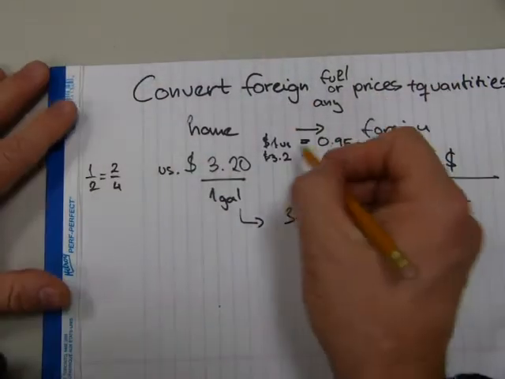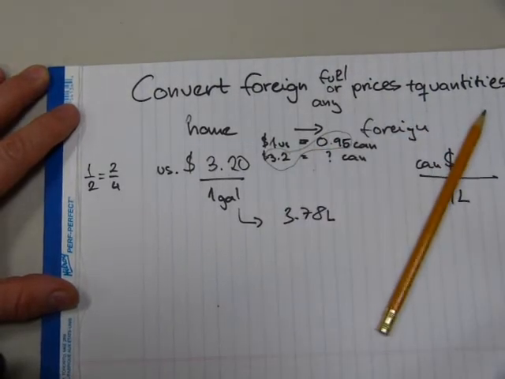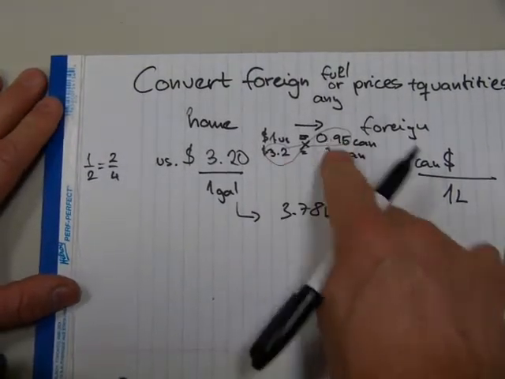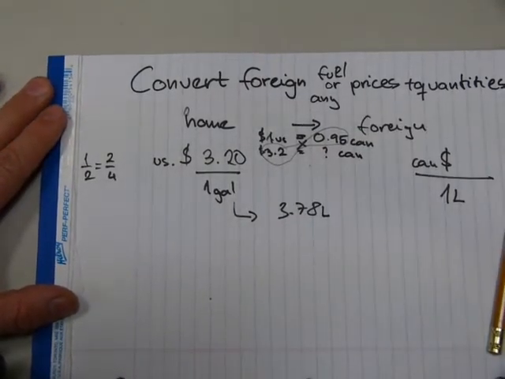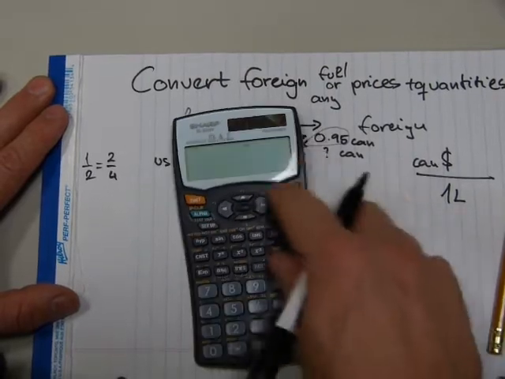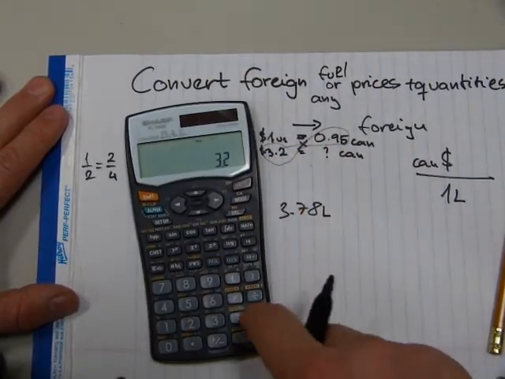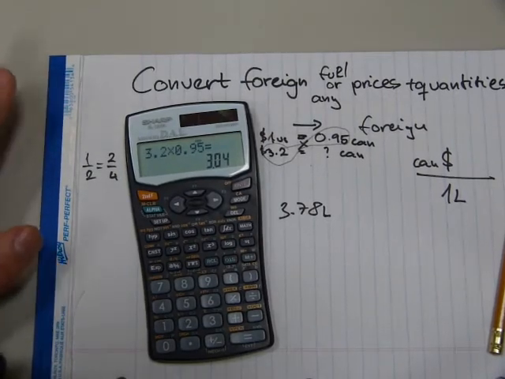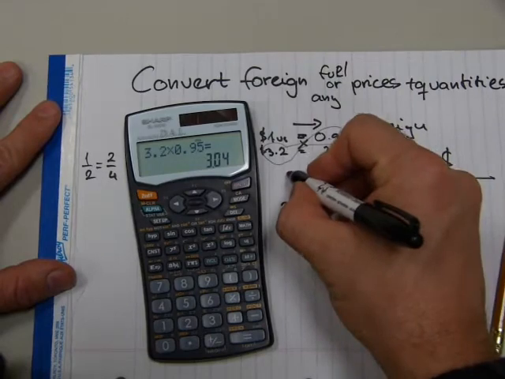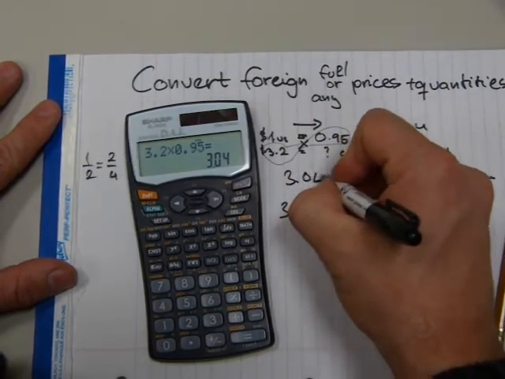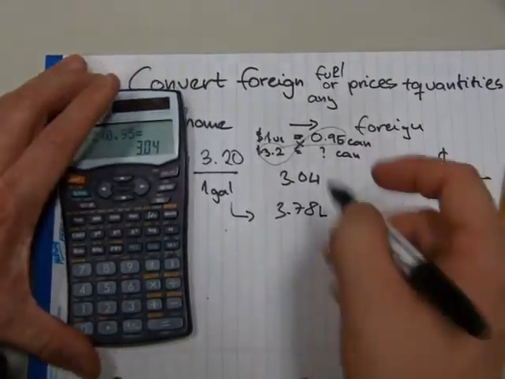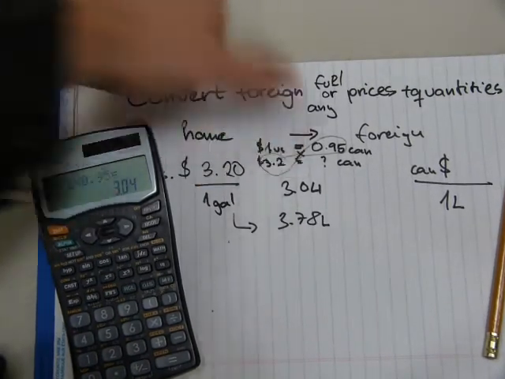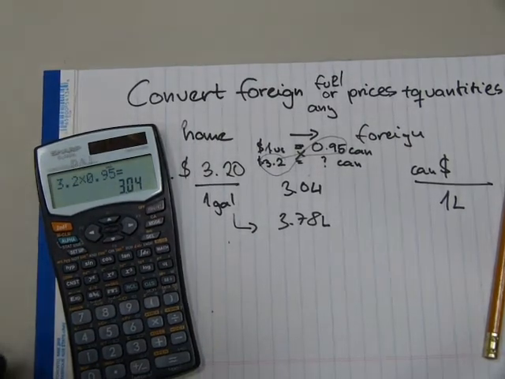So you have to multiply these two amounts together, and it's fairly straightforward to see that you have to multiply the price with the exchange rate in this case. When we do that, we get 3.2 times 0.95. $3.20 American will buy us $3.04 Canadian. So I'm going to write that one down here. So $3.20 American buys us 1 gallon of fuel, which is the same as $3.04 Canadian